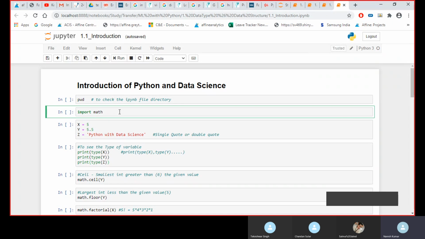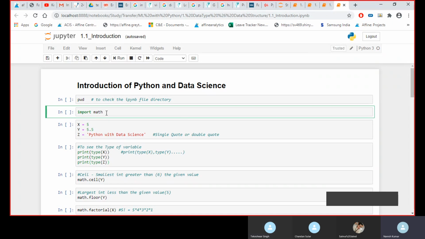But if you are not pro with Python coding, the developers have written a function and kept it in a package, and if you call those libraries or packages, you can easily do your stuff.